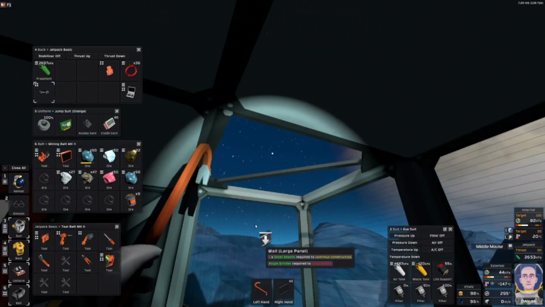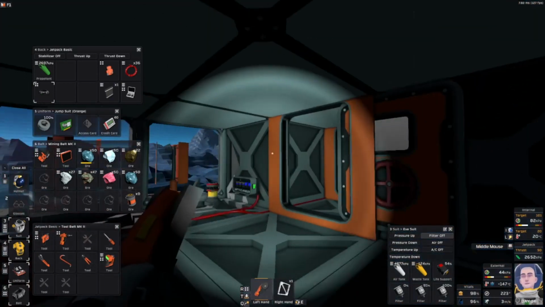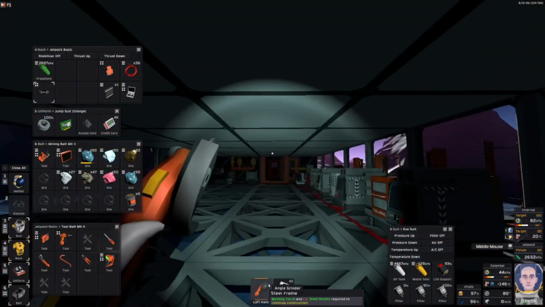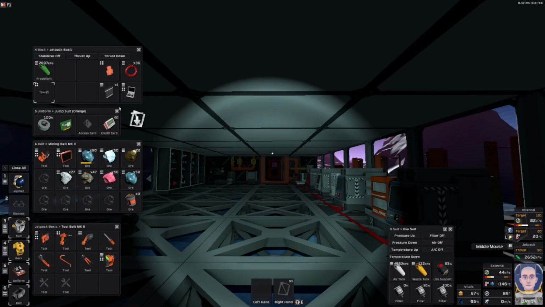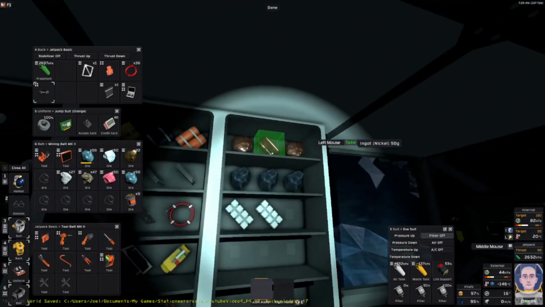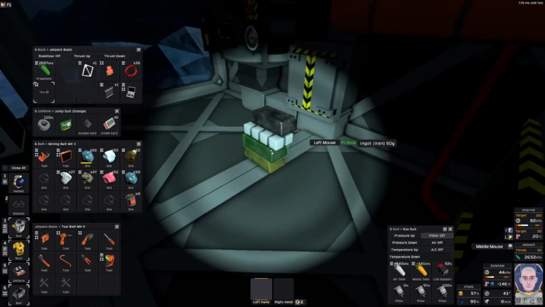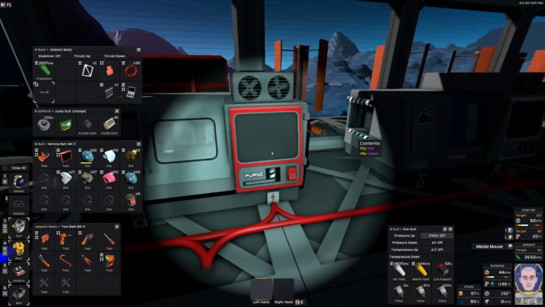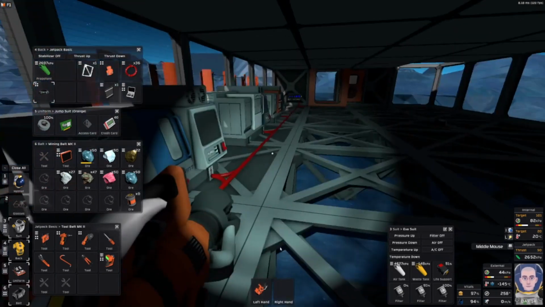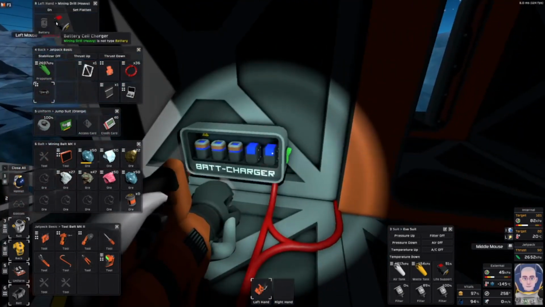Now I'm planning to add a second floor above there, so get rid of a segment there. Let's run outside and have a quick look at that weather station. Not much in the way of steel in there, and I need lots of steel for structural stuff, so...